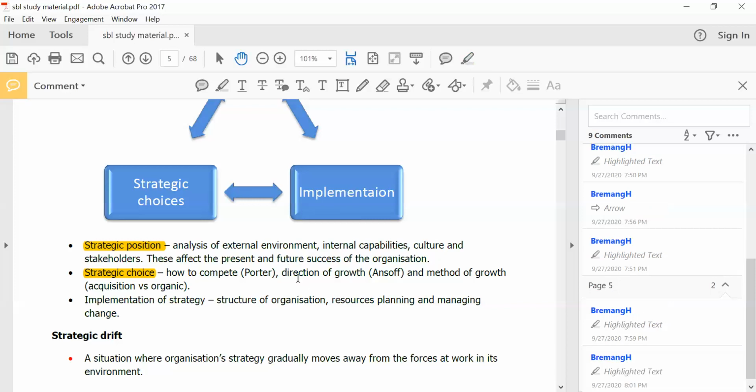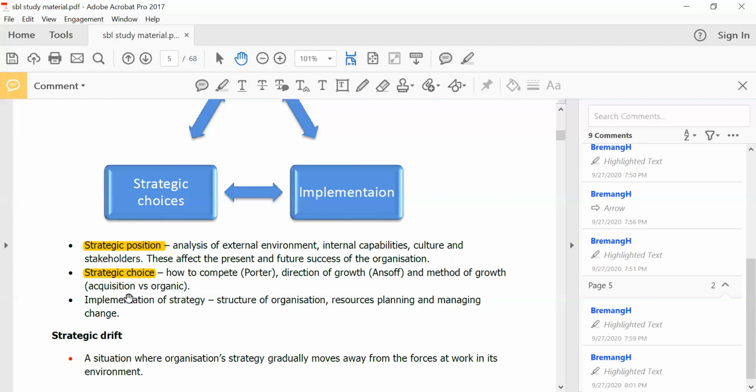There can be a direction of growth, right? That is how you want to grow, either by acquisition or by organic growth. In fact, it depends on you, and you can make that strategic choice. But that strategic choice should also have a link with the strategic position. So the last element is what you call the method of growth. The method of growth, the direction of growth tends to affect your choice. Here we are making a selection of the strategic decision. The position will give you the platform, the choice you are supposed to tell or state which of them would